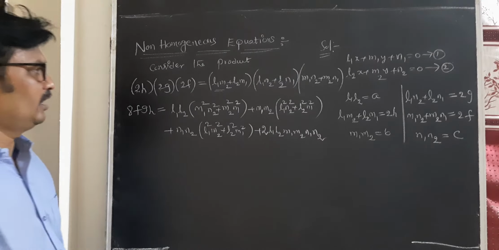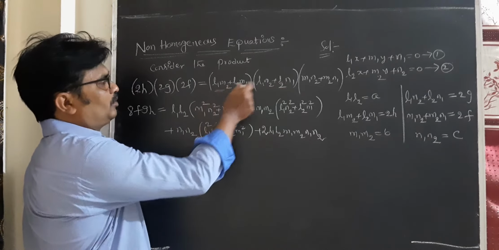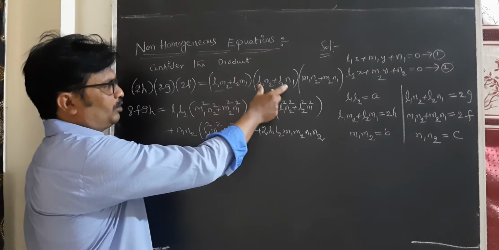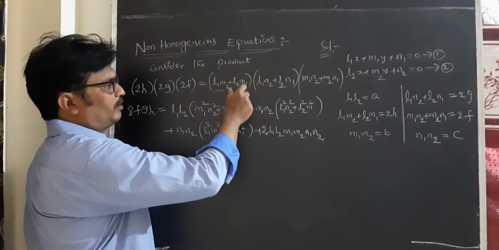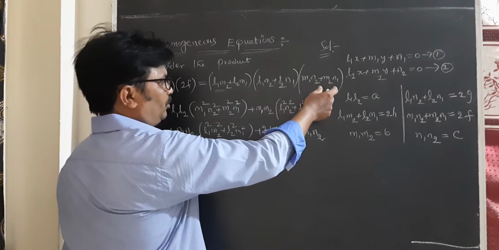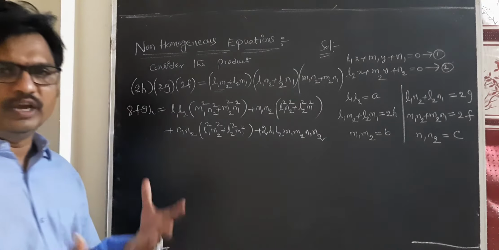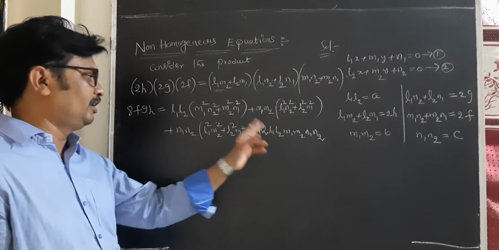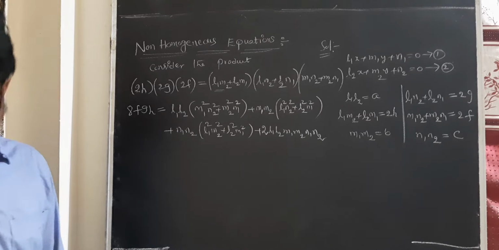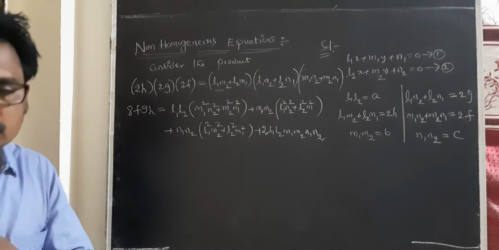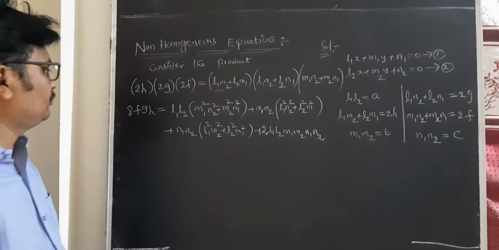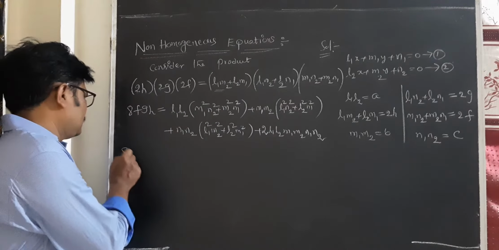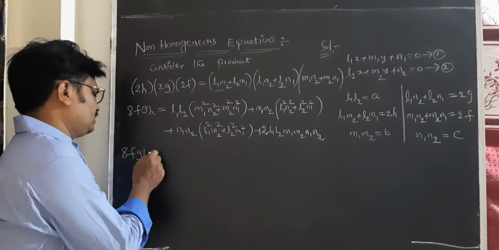So my dear students, I am requesting you all, first we have to multiply this one with this one, and L2 M1 is multiplied with this one. We got 4 terms. These 4 terms are multiplied with M1 N2 and M2 N1. In that we are taking L1 L2 common, M1 M2 common and N1 N2 common. The remaining 2 terms are L1 L2 M1 M2 N1 N2. Okay students, so when you take the L1 L2, this is the 8fgh.